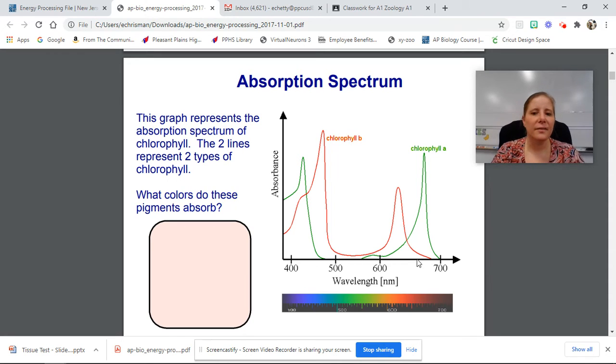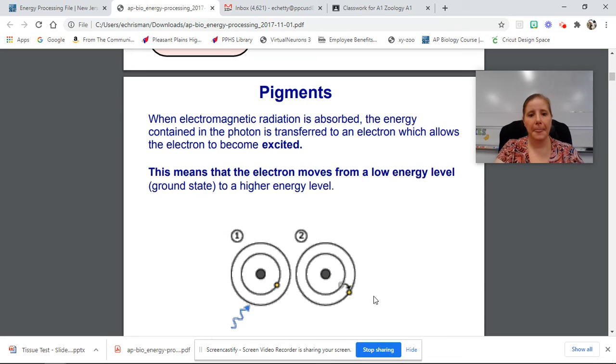Now let's take that a step further though. It's fall right now. The leaves no longer look green, or they're starting to turn at least. That is because now chlorophyll A and chlorophyll B are no longer doing their jobs, and the carotenoids are taking over, and they are actually going to reflect the orange and yellow, changing the color of the leaves via our eyes. So with pigments, when the electromagnetic radiation is absorbed, the energy contained in the photon is transferred to an electron,